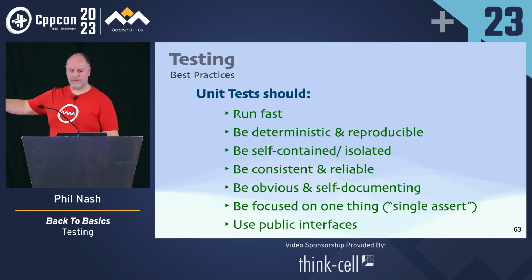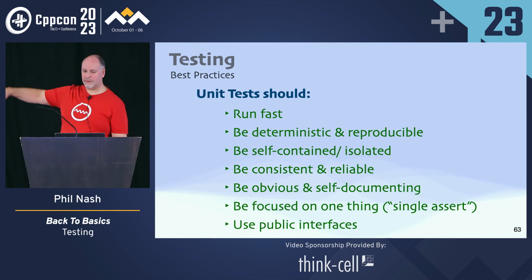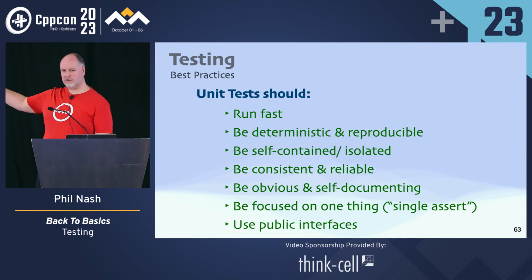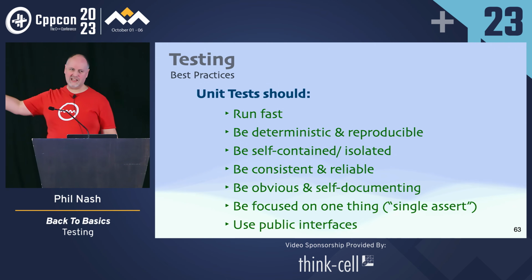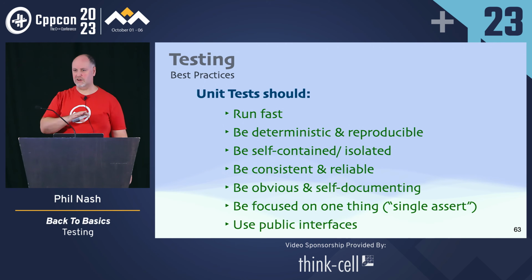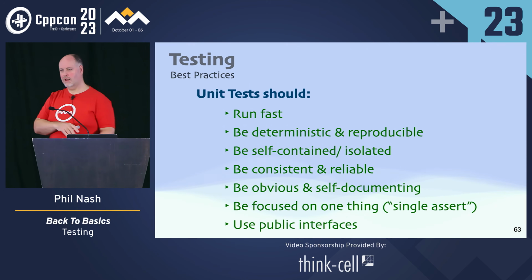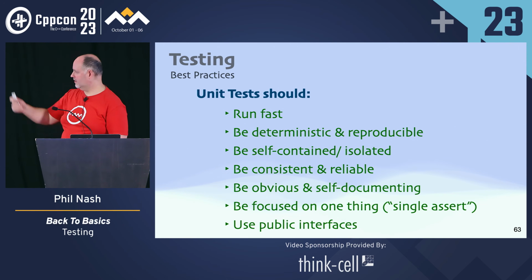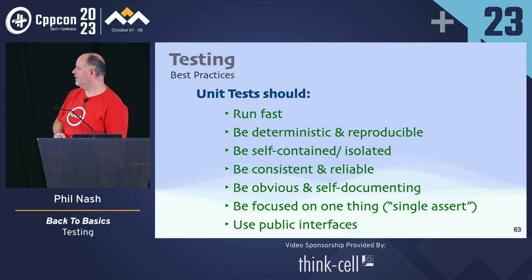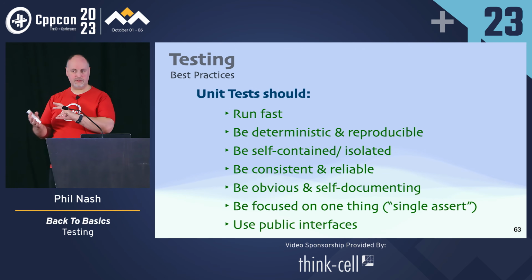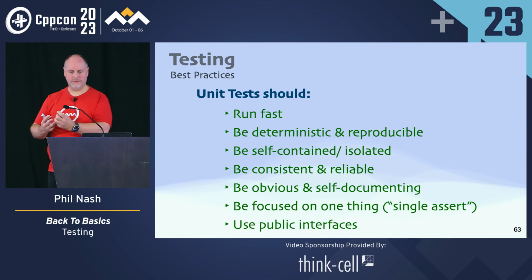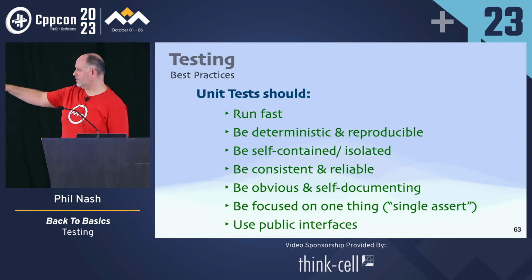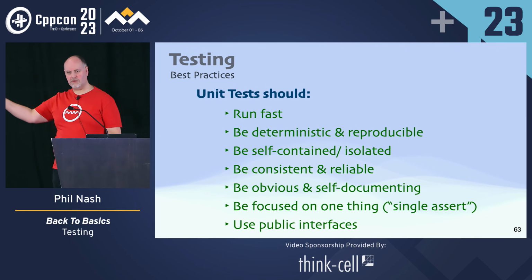Here's a set I want to talk about. I brought them all up together because it looks like a lot, but actually when you break it down, it's not so bad. But the first 4 are actually really covered by what Michael Feathers already said earlier about tests being able to run fast, that most important one. And a part of that was being deterministic and reproducible, so not depending on the order of the test or any of your environment. And as a result, they should be self-contained and isolated. So they're all sort of part of the same thing, really.